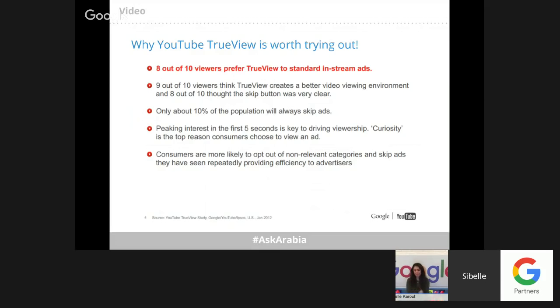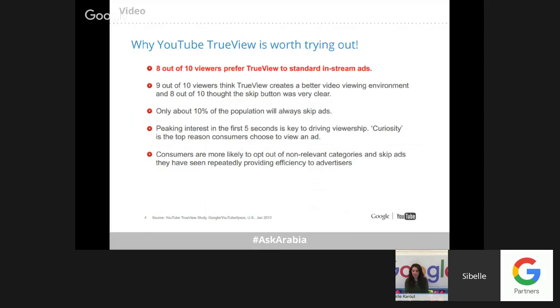Only about 10% of the population will always skip ads. So there is a large likelihood that 90% of the population will not skip your ads, if only 10% are always skipping ads, and that is a very, very small percentage.